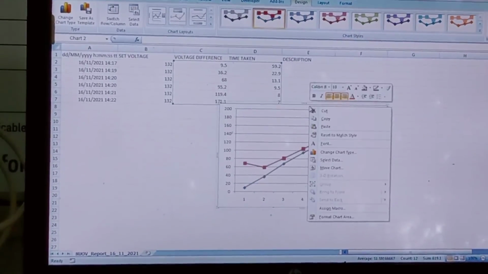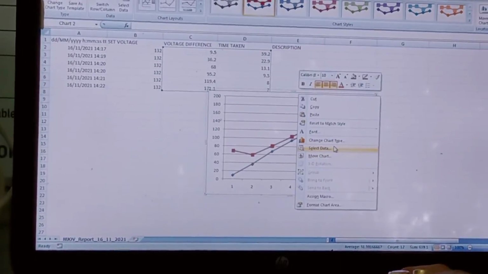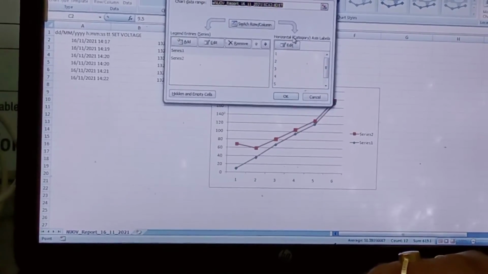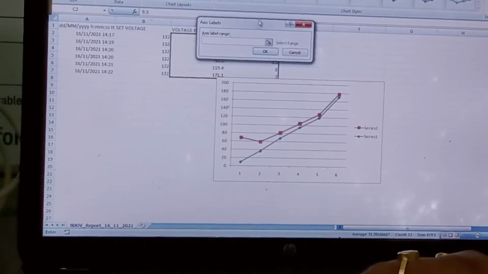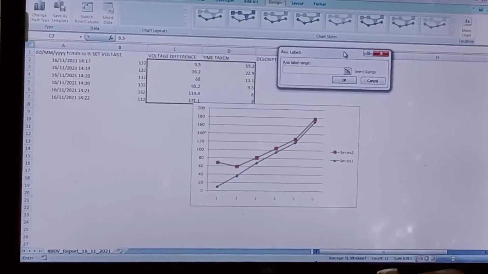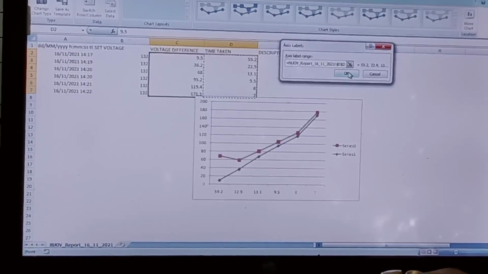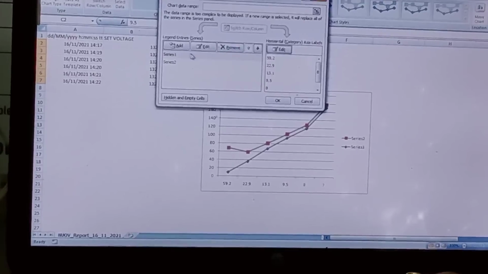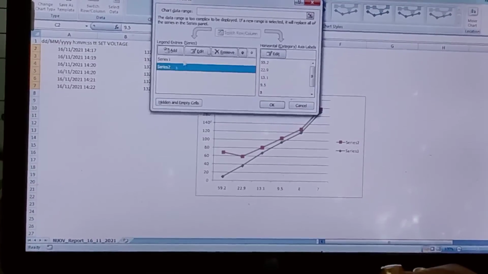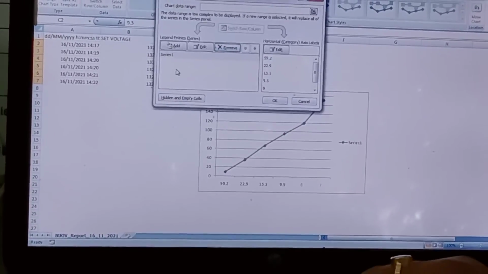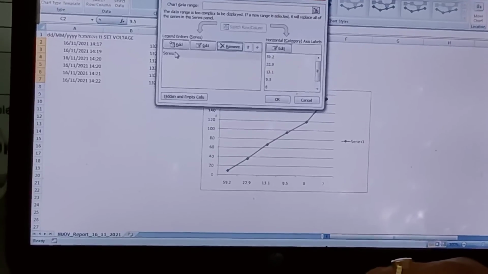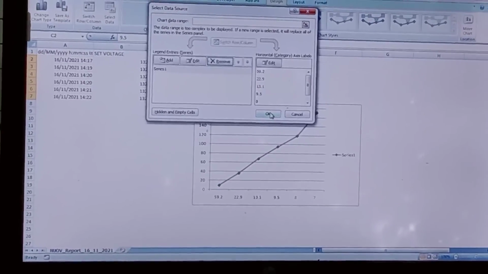Now from here we have to select data and edit here. Here we will take time taken and remove it from here. Again press OK.